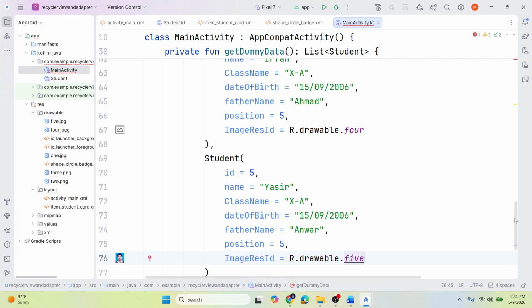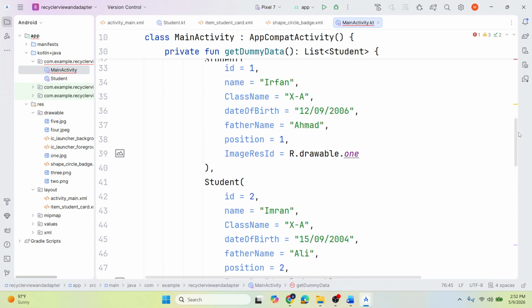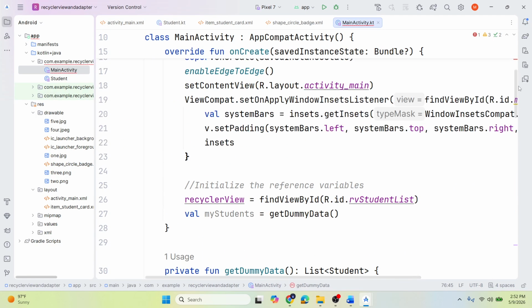Okay, so these are the 5 records that we are going to display using RecyclerView, and then once we get